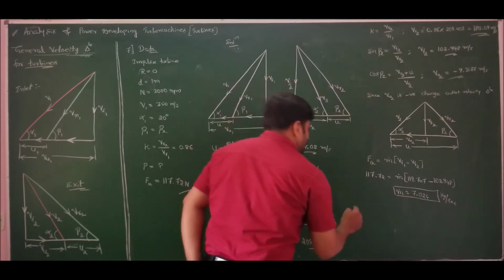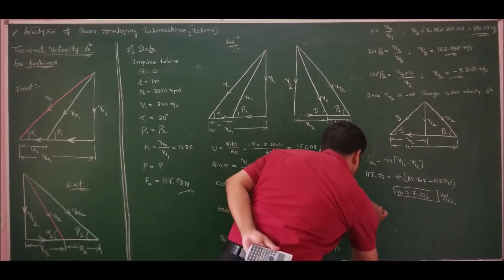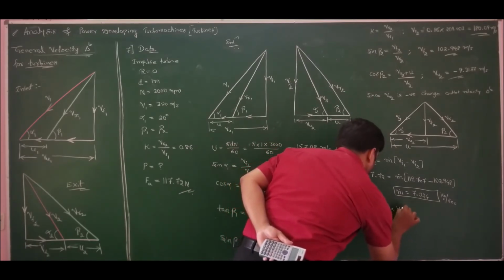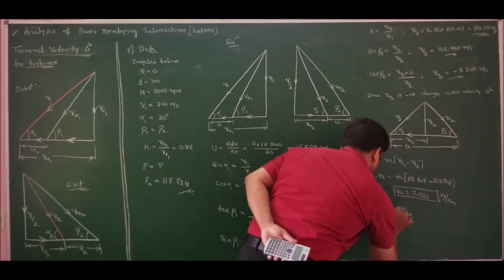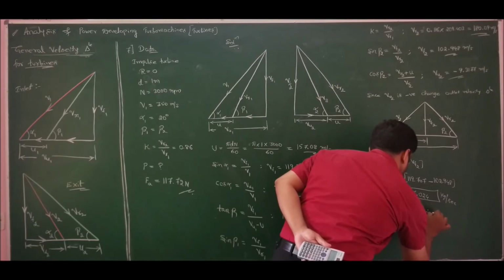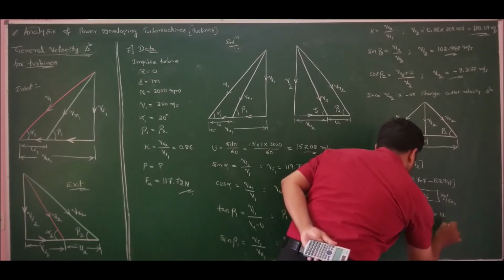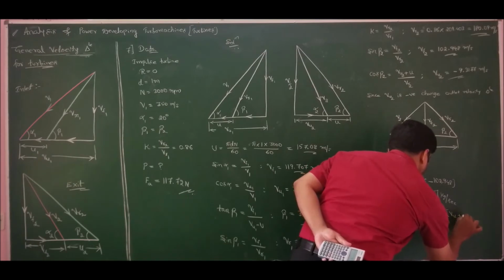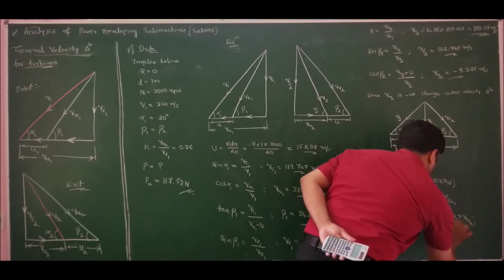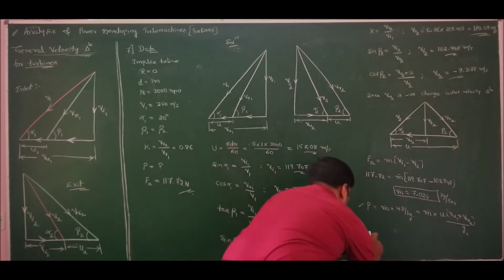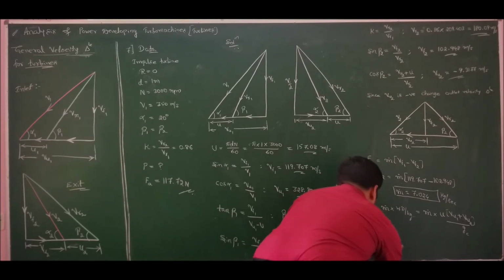Now I can find the power developed. We know that power developed is equal to mass flow rate times work done per kg, which is nothing but mass flow rate times, since we have axial flow and U is common, U times (Vu1 plus Vu2) by Gc. So if I substitute, I will get the power developed as